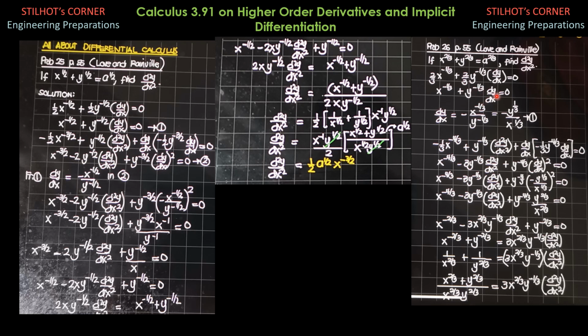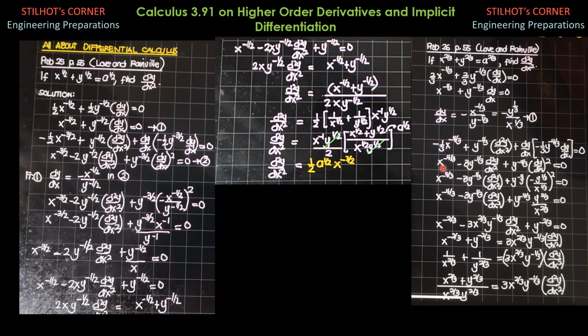Then this is the derivative of a product. So we have first y to the negative 1/3 times the derivative of dy/dx, which is the second derivative of y with respect to x, plus dy/dx times the derivative of the first, negative 1/3 y to the negative 4/3 times the derivative of y with respect to x. Then the derivative of 0, so equals 0. Then we multiply everything by negative 3.